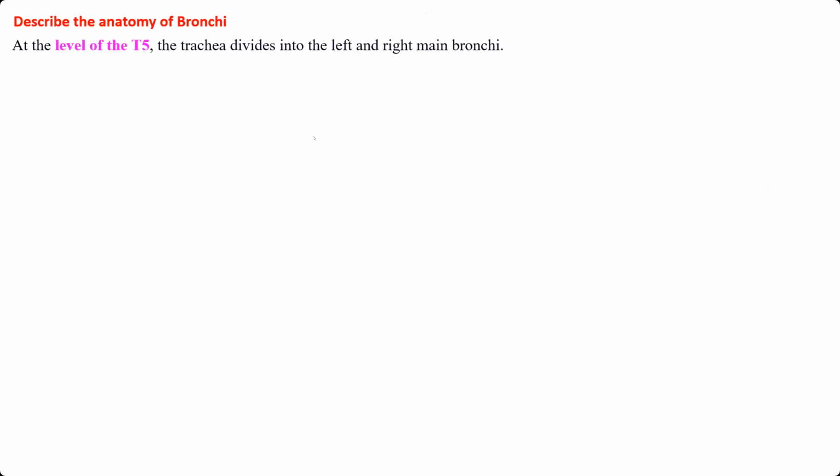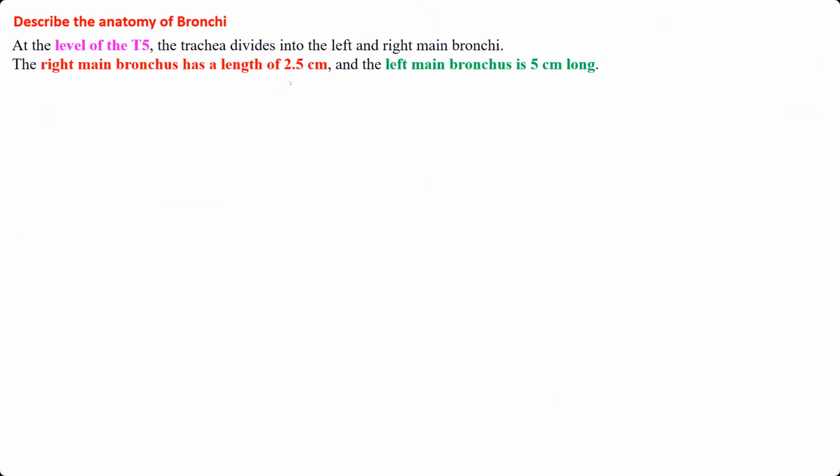Anatomy of the bronchi is very important. It starts at the level of T5 where the trachea bifurcates. And the right main bronchus is very short. This is very important when you do one-lung ventilation, because the right main bronchus is a shorter one compared to the left main. So we always prefer to put the one-lung ventilation tube in the left main bronchus than the right main bronchus, because